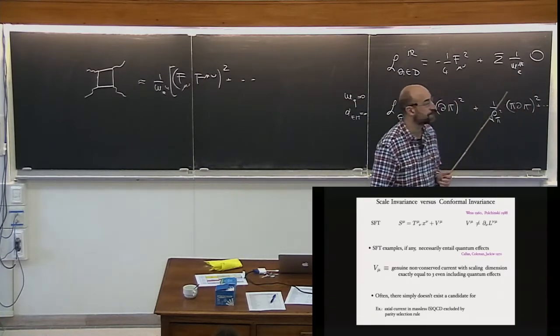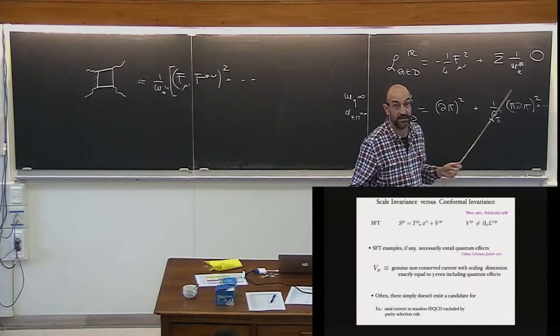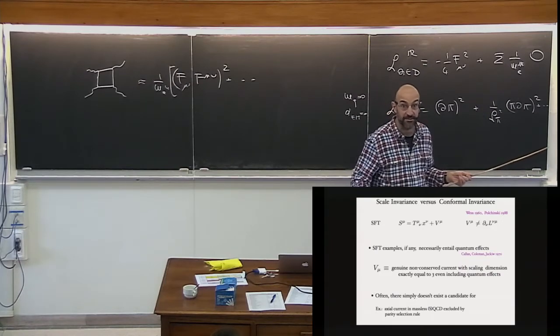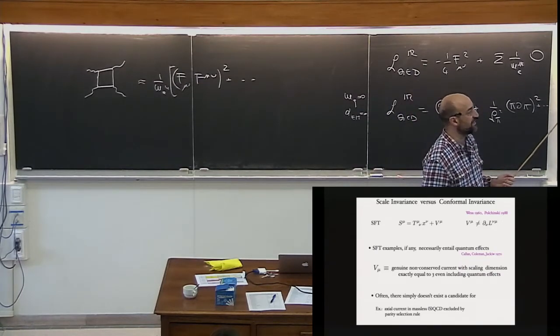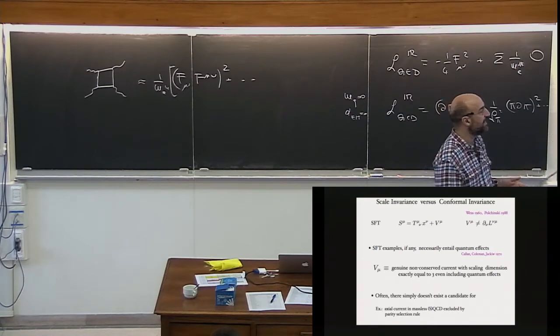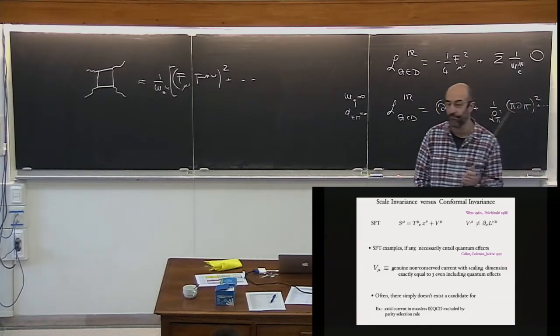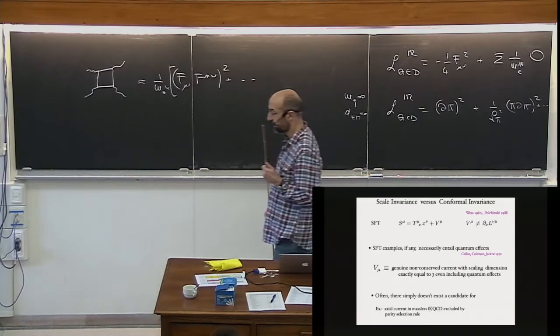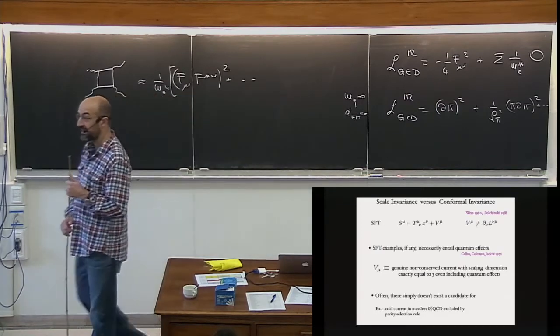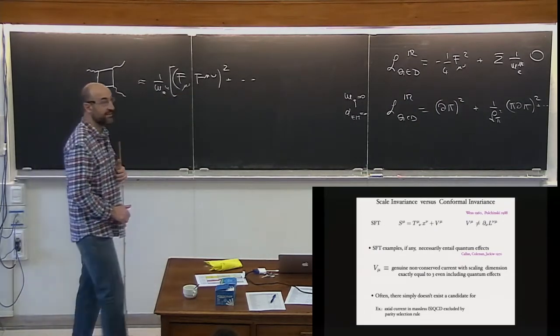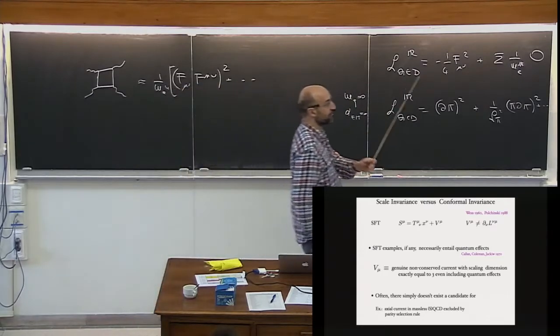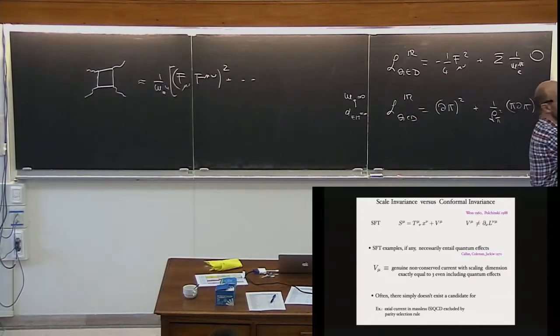It's just a fact. Although it doesn't tell you that it cannot happen. Okay, it just tells you that it seems strange. And in many cases, there is no candidate for such a symmetry. Okay, so for instance, in QCD-like theories, the only candidate for the current V, which is known in jargon as